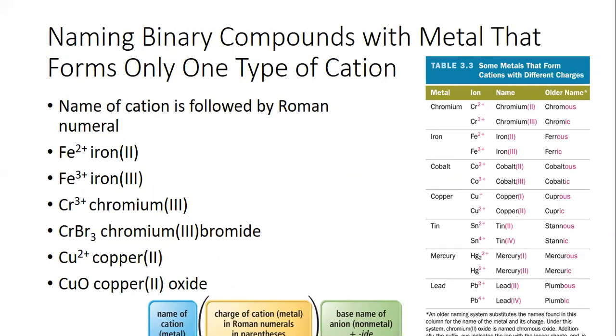And the only difference here is that you have to tell me what the charge of the metal is using parentheses and Roman numerals. So here we have iron with a 2+ charge, that's iron 2. Iron with a 3+ charge, iron 3. And basically, I'm just going to go back here now,